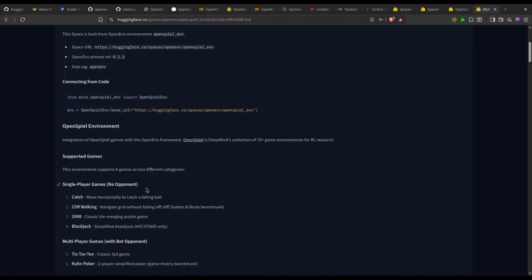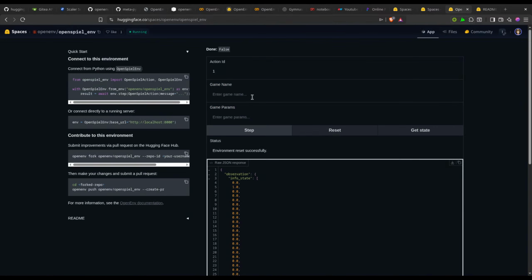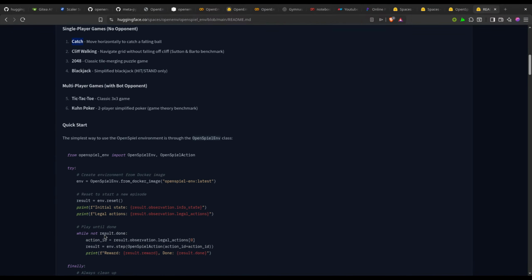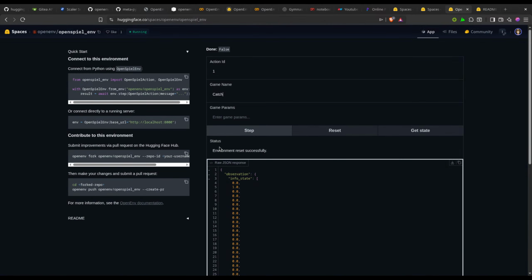Okay. Single player game, which could be this. And what are the actions? Game parameter.